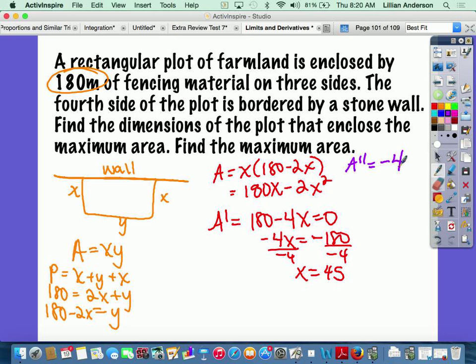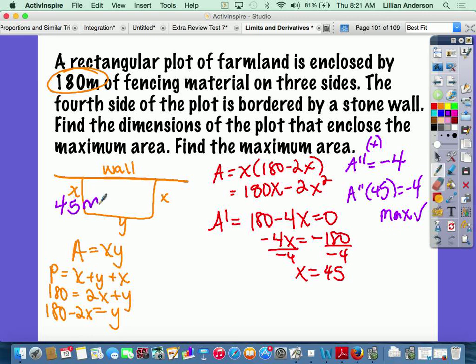Because it doesn't matter, if I plug in 45, no matter what, I'm still going to get a negative number, right? And a negative number represents a maximum. So this is indeed true. This is indeed that maximum. All right? So my dimensions are 45